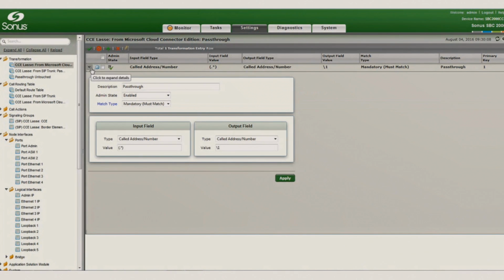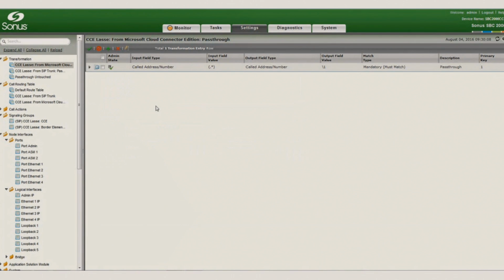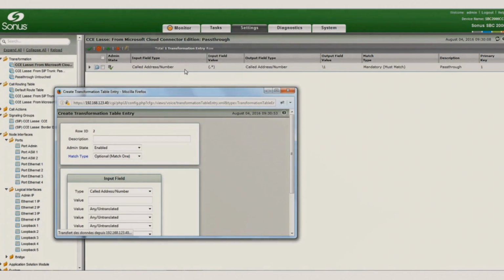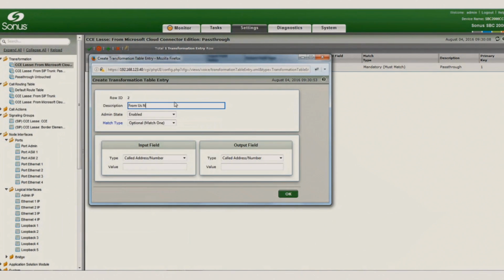The default template allows a so-called pass-through of numbers. It expects that the numbers coming in are the same numbers that are going to go out, including the plus, as is required by Office 365. But if you want to create rules to, as I said, maintain your 4-digit dialing internally when you move users to the cloud.